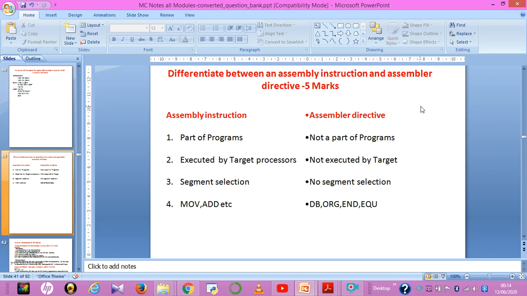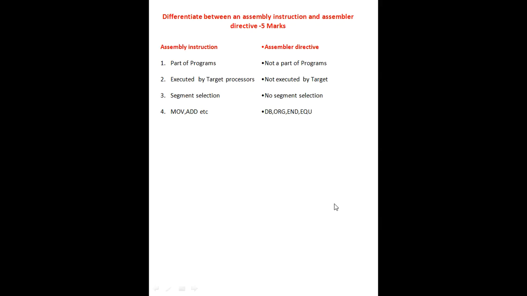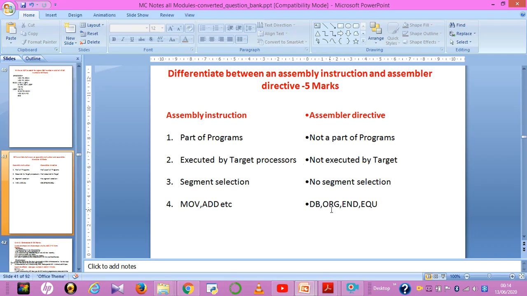Assembly instructions have segment selection. There is no segment selection in assembly directives. Examples of assembly instructions are move, add, subtract, mul, like that. Assembly directives are DB, ORG, END. These are examples of assembly directives. With this, your second unit is completed.